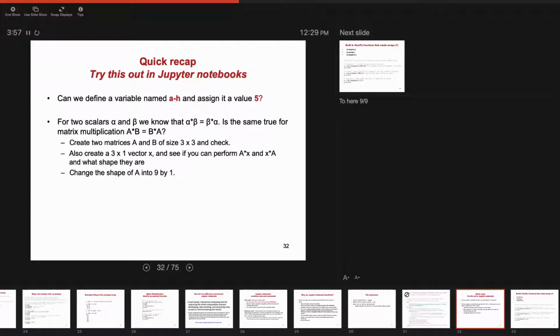So is A times B the same as B times A? Unless you really got lucky, and if it did, go play the lottery or something. Or maybe you defined something very simple: if both of your matrices were diagonal, that means they had elements only on the diagonal and otherwise zeros, then it's going to be the case. But if you had a full 3 by 3 matrix,